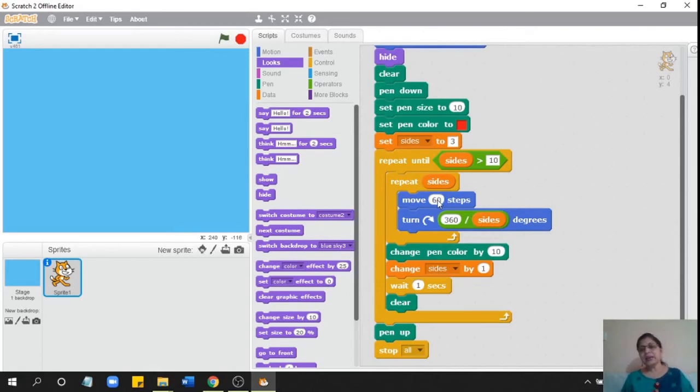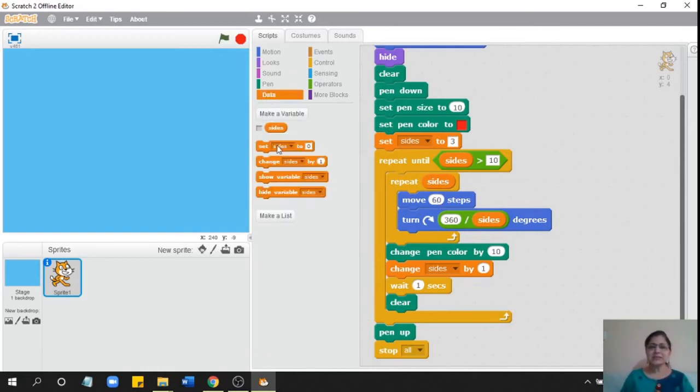Okay, so in other languages, a list is called an array. Now basically what we will be doing is, just like we use sides, a variable, to change the number of sides it will draw, just like that, I will be using a list wherein I will store all the names which I want to be displayed one by one there. And the best part is that I can use the list with a number. Okay, for example, see, a list is like this.